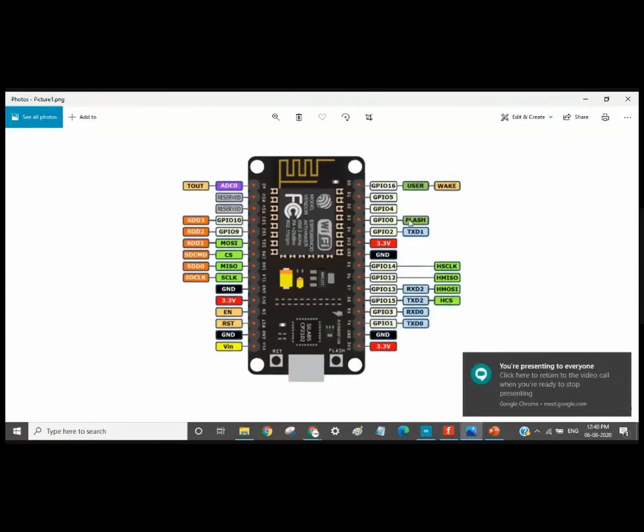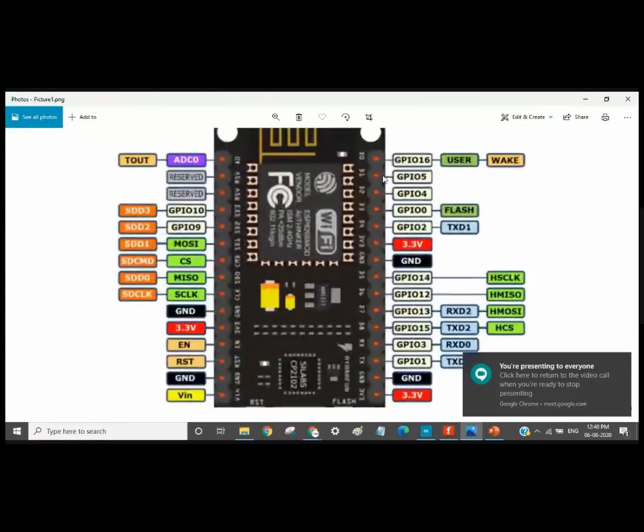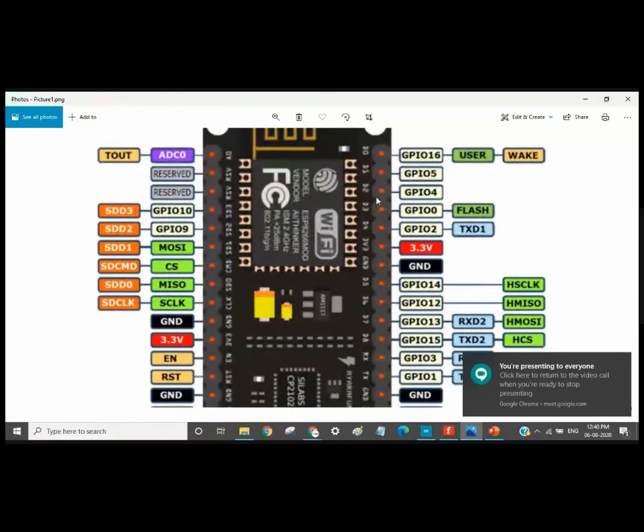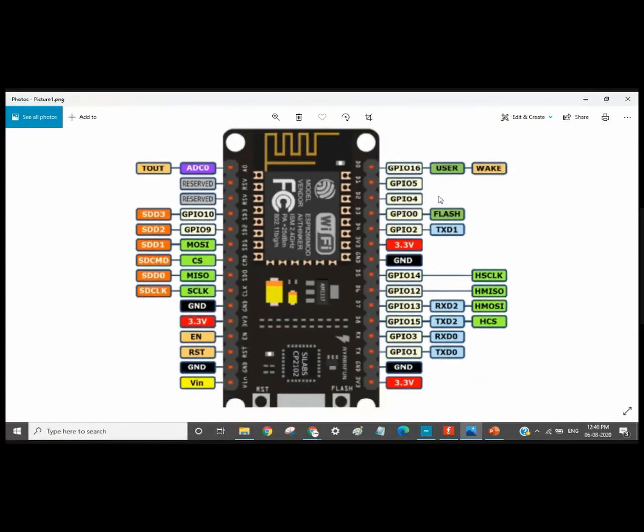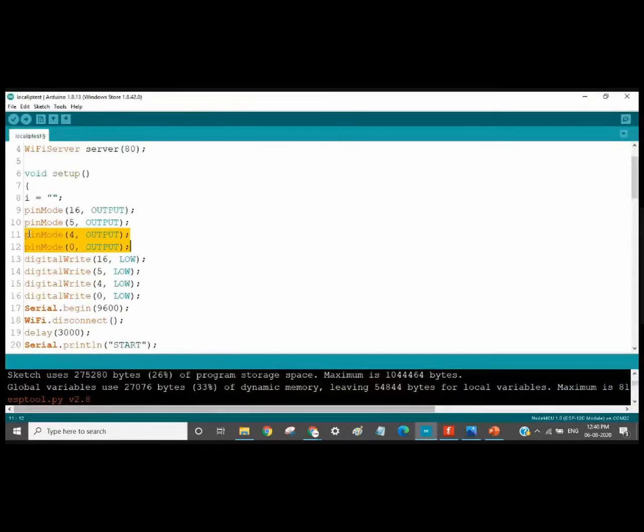we will be using these 4 pins here. The first 4 pins we are using are D0, D1, D2 and D3. Now D0 is 16, D1 is 5, D2 is 4 and D3 is 0. So you can also use this or this. Now we will add these lines to our code. We are adding these 2 new lines, that is the third relay and the fourth relay. Similarly, we are adding the 2 new digital write statements.